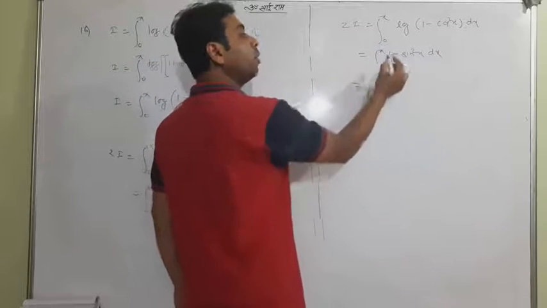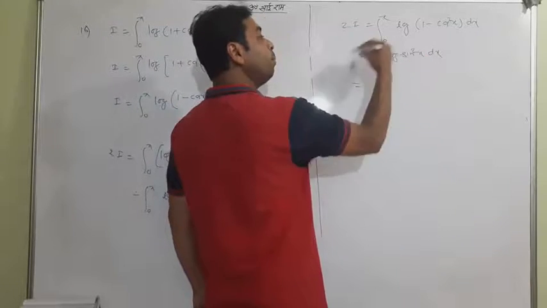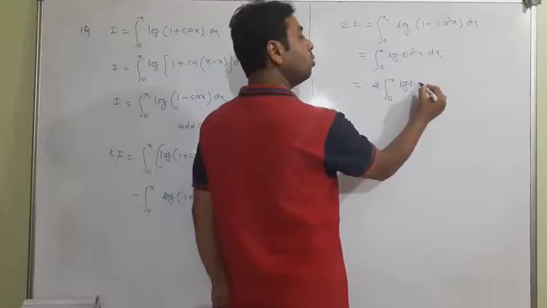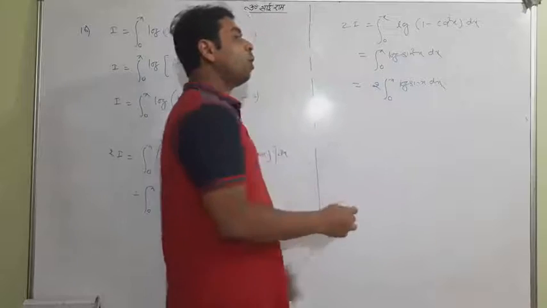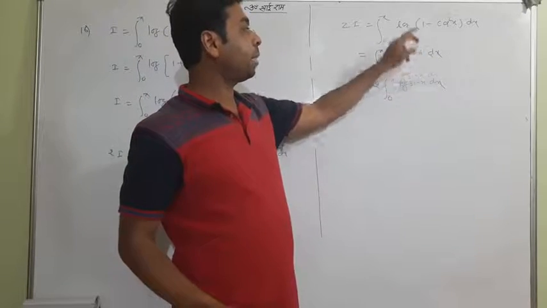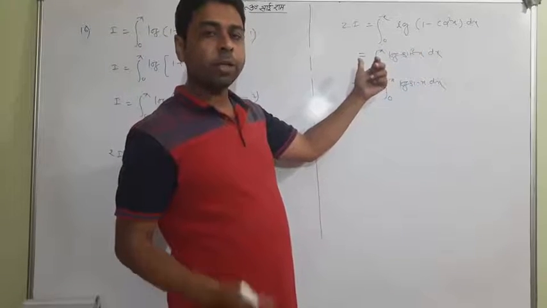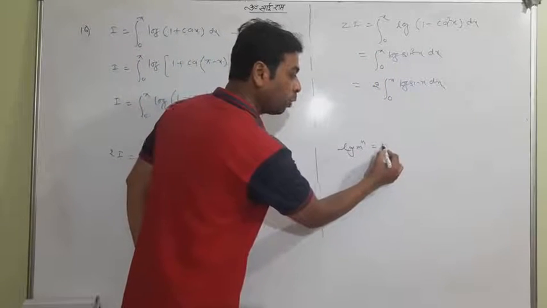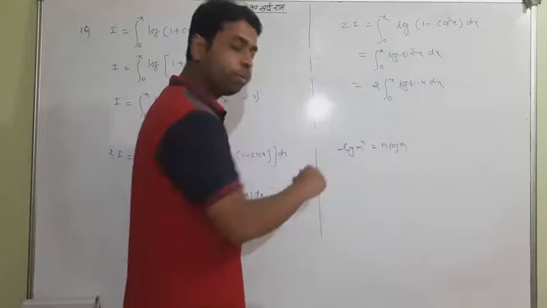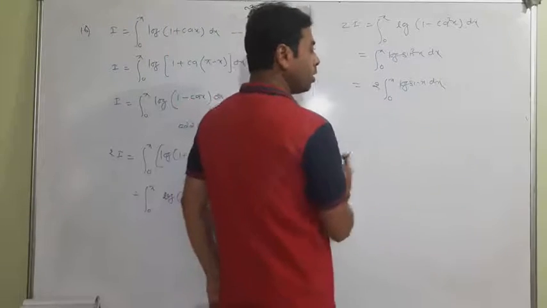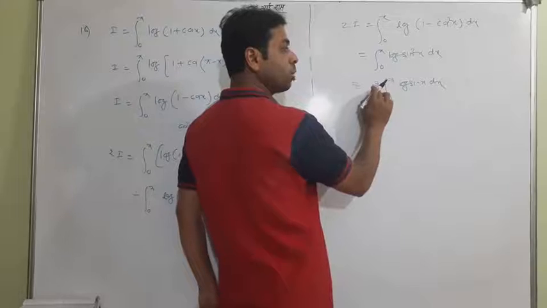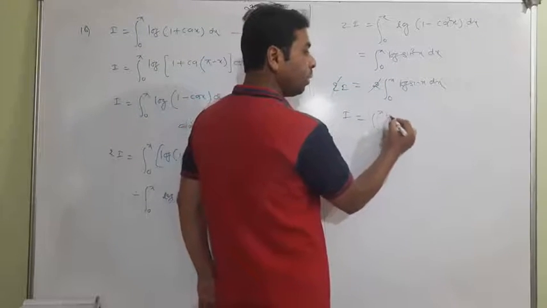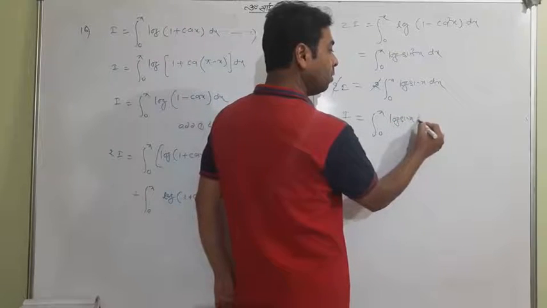And afterward, the power comes to the front. You remember this, it was just the law of log: m to the power n can be written outside. I mean, n just comes to the front, like log m to the power n equals n log m. So the power came first. This is 2 and this is 2I, so 2 and 2 will cancel. I think you remember this situation, the scenario.